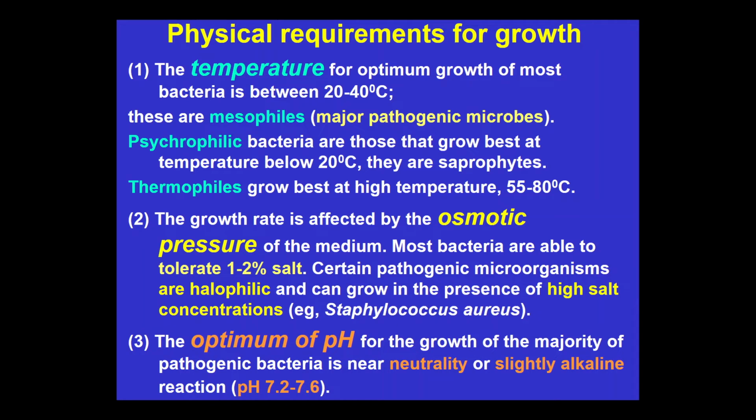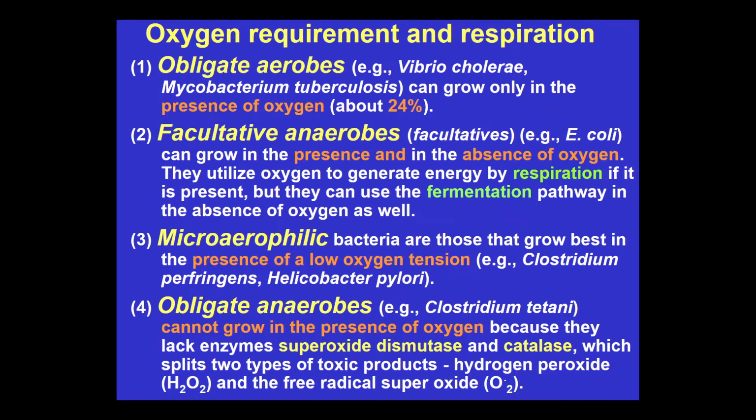For example, Vibrio cholerae would like to grow at a pH that is very basic, up to 9.6. That is unusual, but from time to time, some bacteria may demonstrate this. So then bacteria can be classified also according to the oxygen requirements. We may have some wider classification, but usually we classify them into four groups.